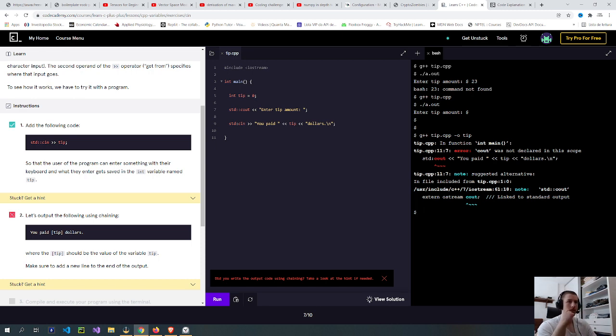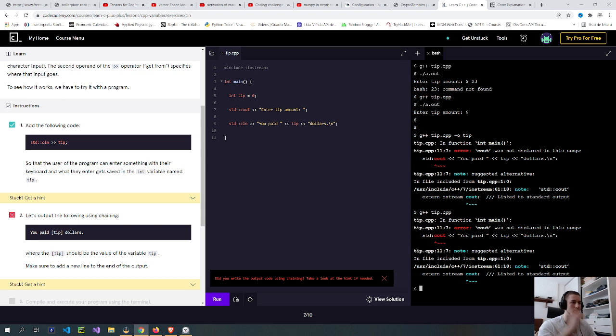Function int main error, cout was not declared in this scope. I forgot this as well. Let's try again. std::cout.